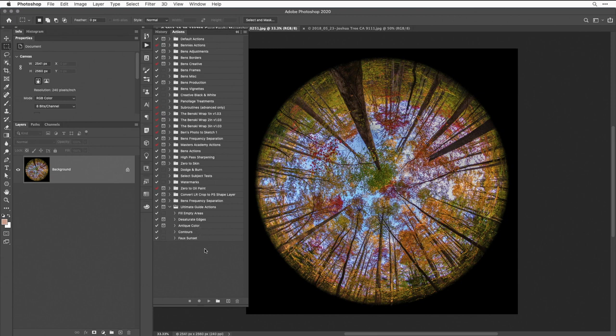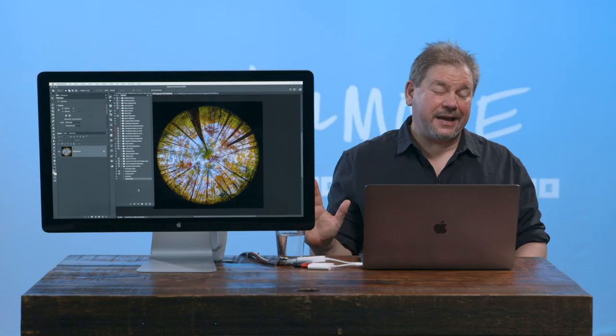But what I'll do in this case is I'm going to have it do antique color if the image is square, and I'm going to have it do that contours tracing if it's not square. And therefore, you'll see how it's done. What you need to do is create two separate actions. One that would be applied if it meets a particular condition, and one that would apply instead if it doesn't